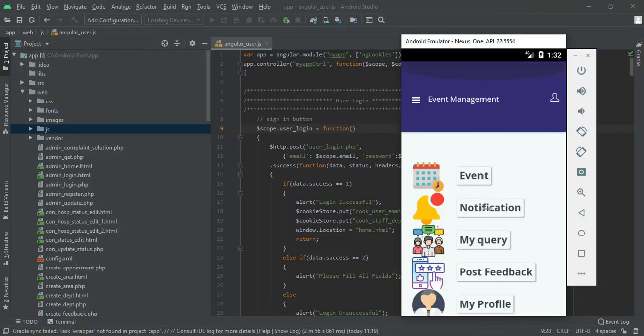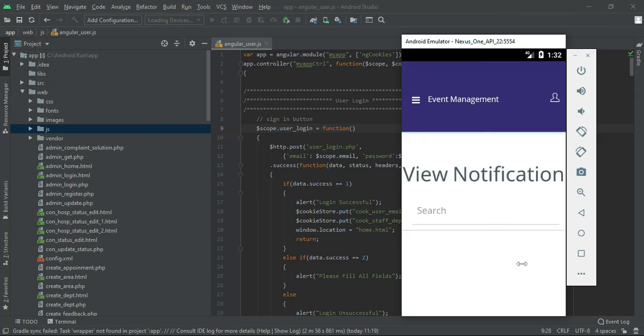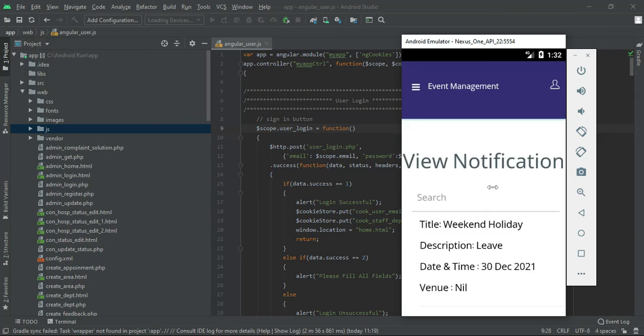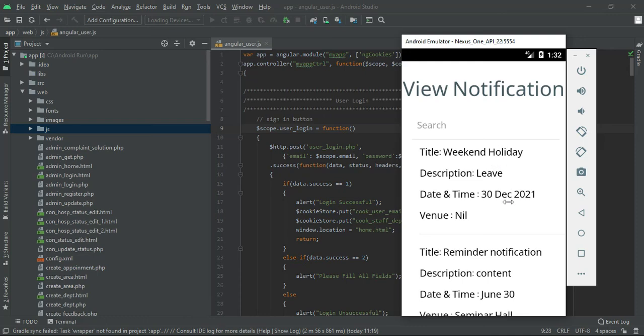You can write your own query over here, and you can see the notification in the notification option. Just now we created this notification, so it is coming over here.